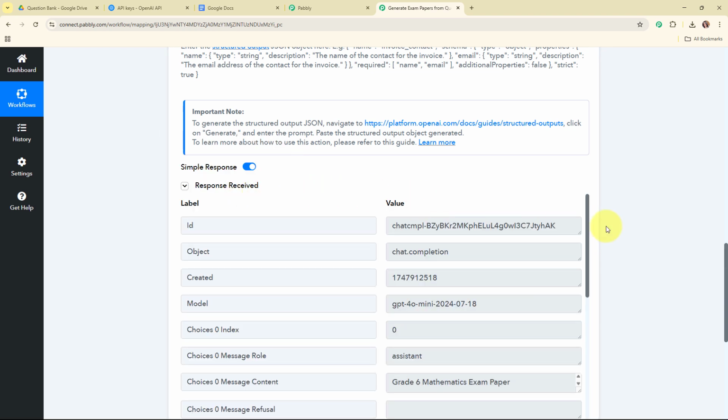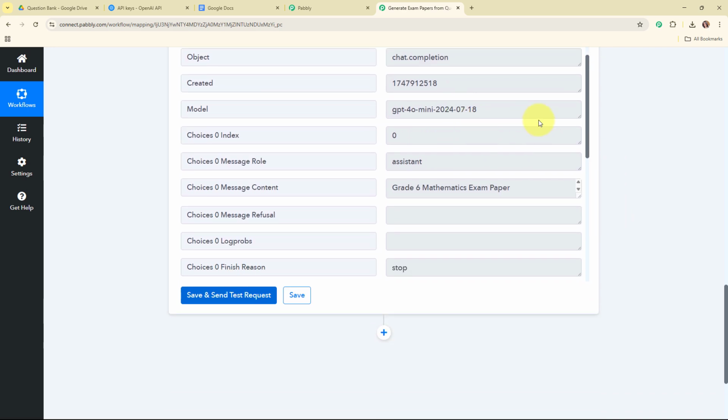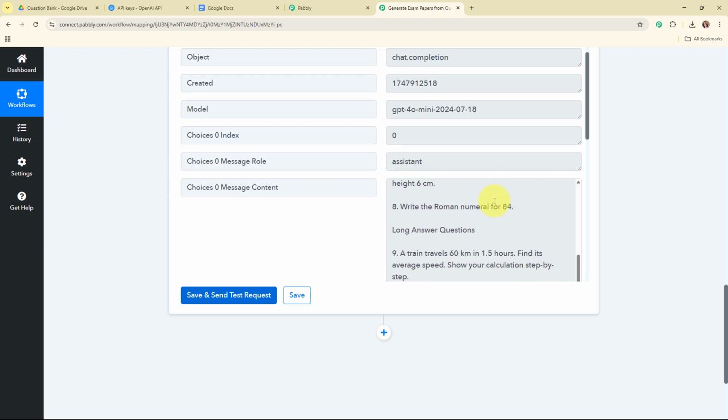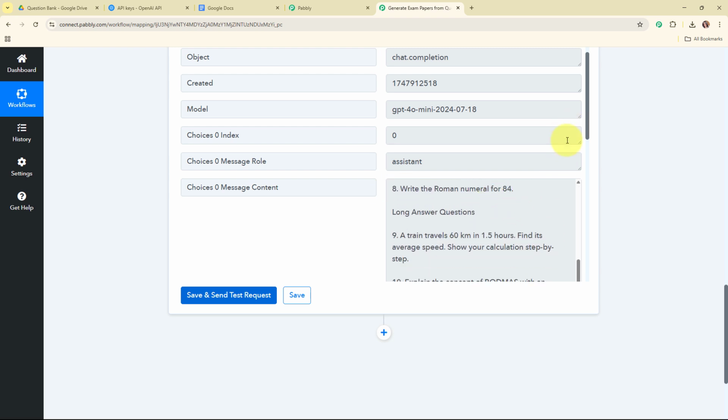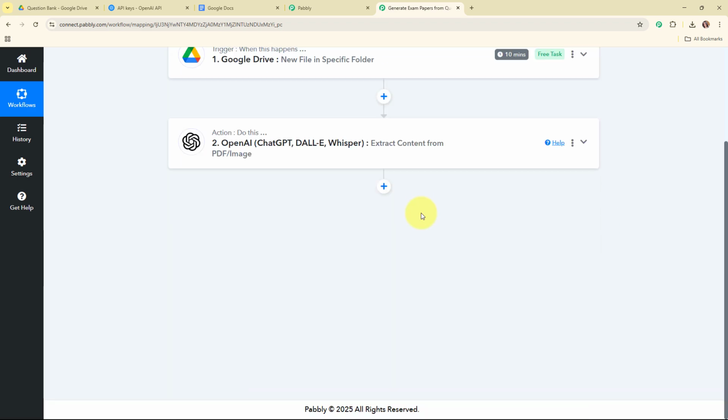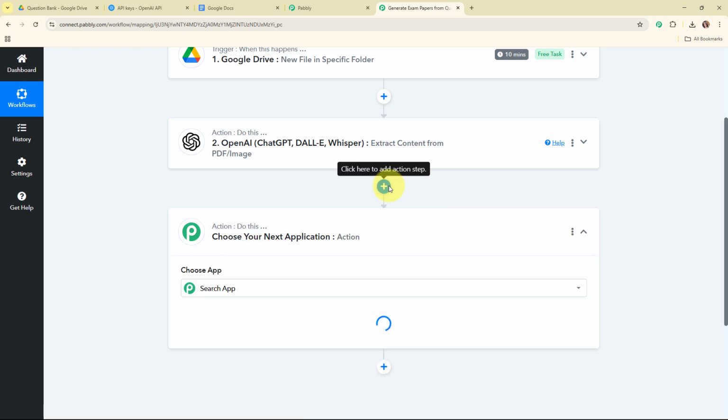And here you can see we have received a successful response where we have received a message content generated, where we have received grade 6 mathematics exam paper, and this is the entire exam paper generated by OpenAI. So with this we have successfully set up this action step as well. Alright, so now after generating the exam paper, I'm going to add this exam paper in my Google Docs as a new document. So for that, I'm going to add another action step over here, and